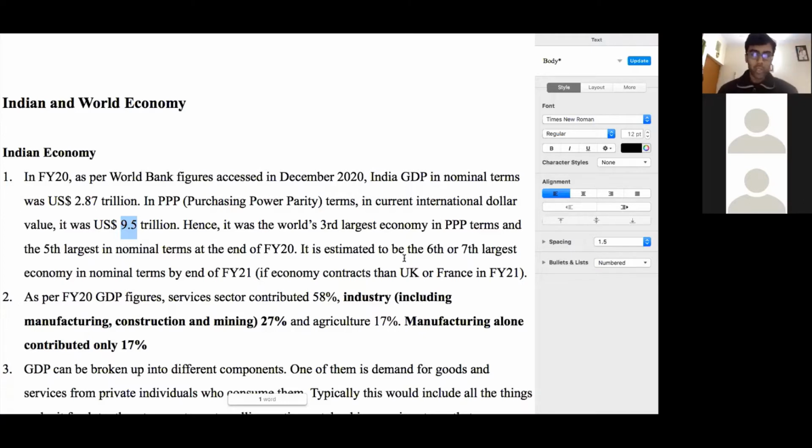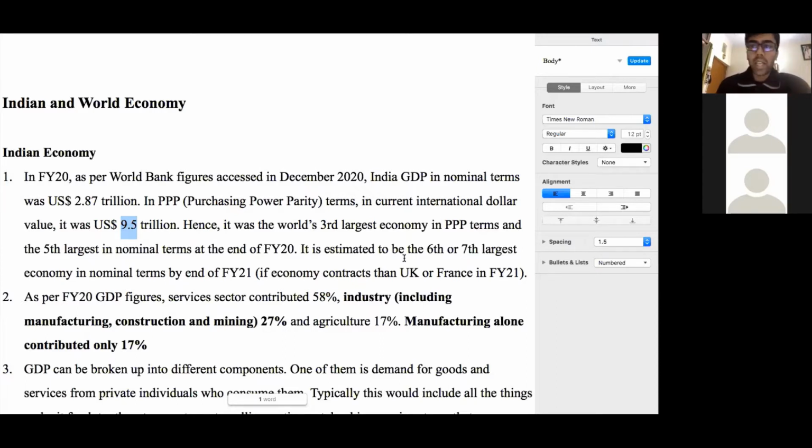But of course, we also have to take into account that India's population is nearly 4.2 times that of the US. So you can very well imagine that per capita, or per person, production of GDP is much higher in the US. The per capita GDP of the United States is still roughly 8 times higher than that of India's, or more than 8 times, in fact nearly 9.5 times or something. Anyways, we are not going to get too confused with so many figures. We just have to remember that India's GDP in purchasing power parity terms is 9.5 trillion.